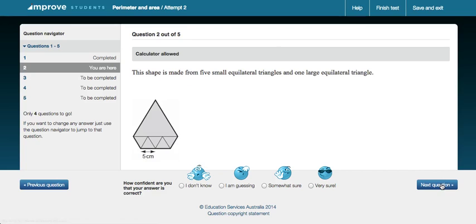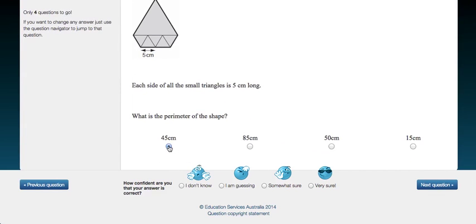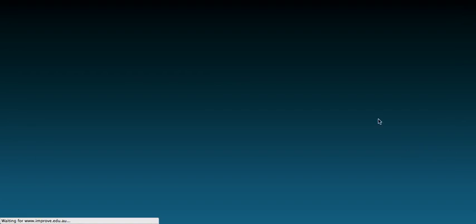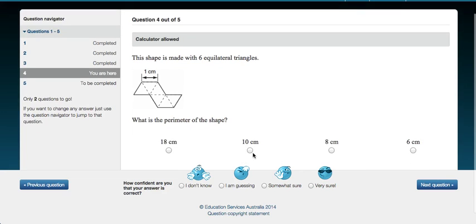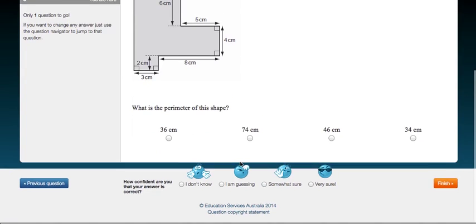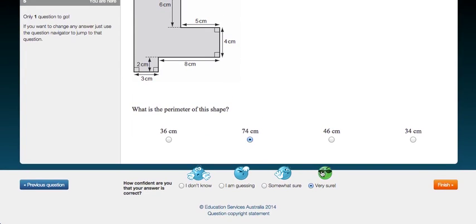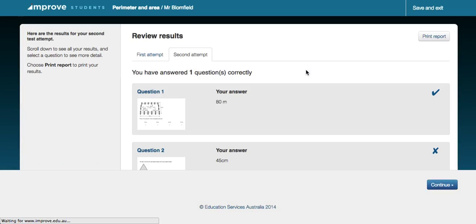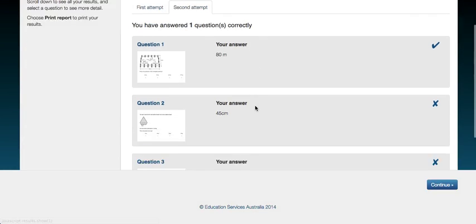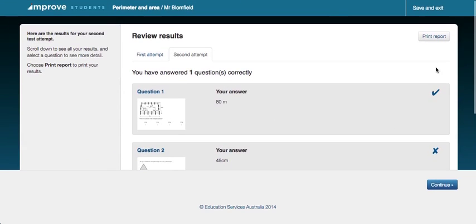I'm just going to quickly race through and randomly select questions so I can get to the end and show you. Let's make it like that. Sorry to take you through it, but I do want to show you the end point. Okay, here we go. Finish. Okay, so the student then can see the first attempt they got 2, the second attempt they got 1, which is rather disappointing. They can print a report for themselves,